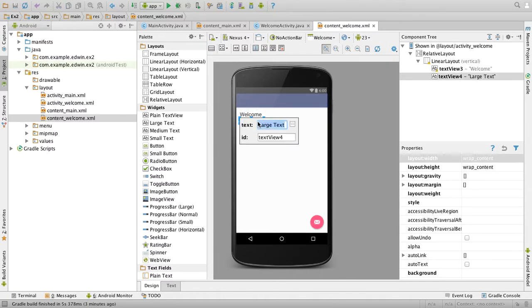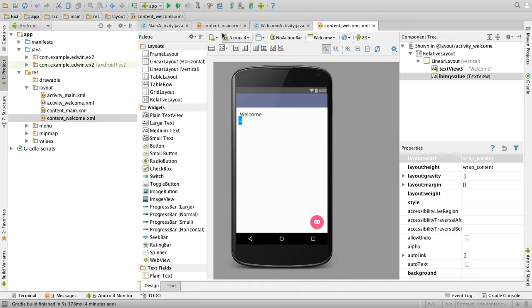Double click the second one, we don't need any text here, so delete it. So ID we can give, as it is a label, LBL my value. The component will be disappearing, but we will be using it later.